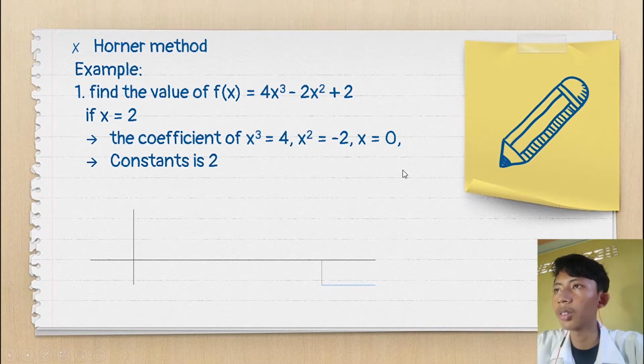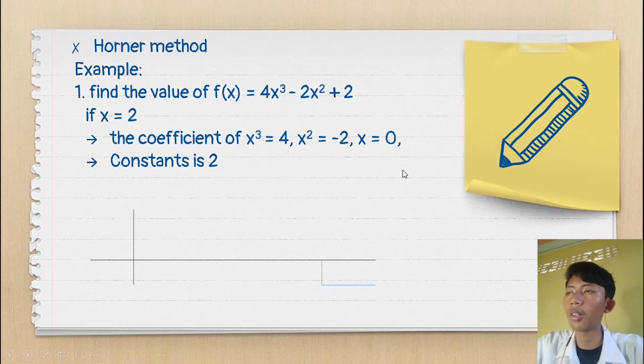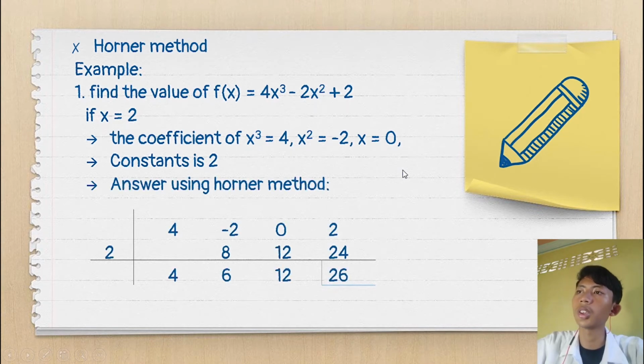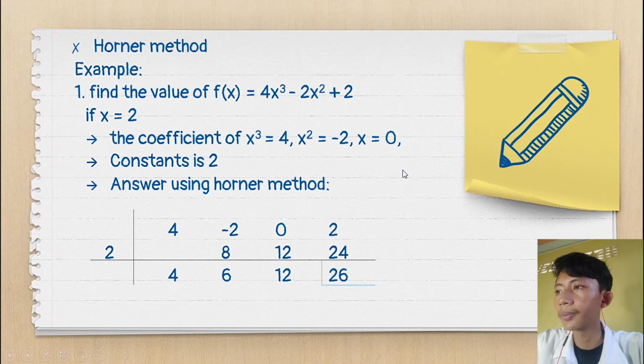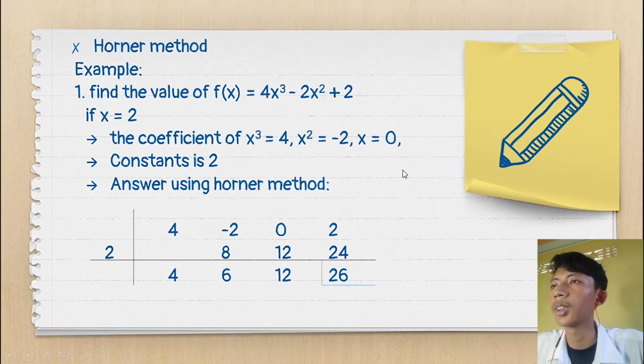Answer: we look at the coefficients from x cubed until the constant. The coefficient of x cubed is 4 and the coefficient of x squared is minus 2. The coefficient of x is 0 and the constant is 2. Answer using the Horner method. Firstly, write the coefficients of x cubed until the constant here,